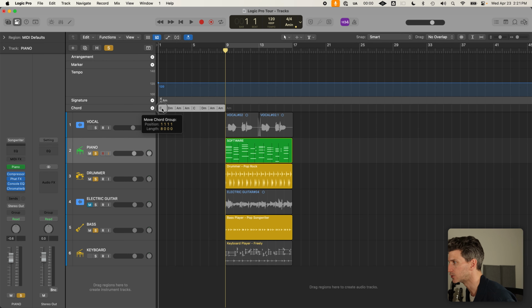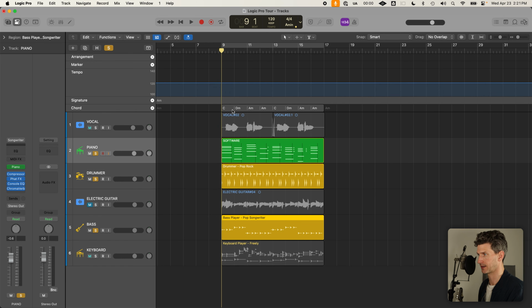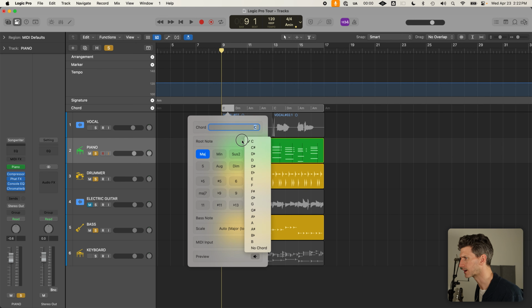I'm going to click this and drag over so that I can tell Logic now, okay, my bass track needs to follow the same chords as this chord progression. However, it's the wrong chord progression, so I'm going to need to double click and just choose this. This is when, if you know theory, it will come in handy because I believe you can do this faster, but I'm just going to go, I know the first chord is A minor, so I'm just going to go A minor,